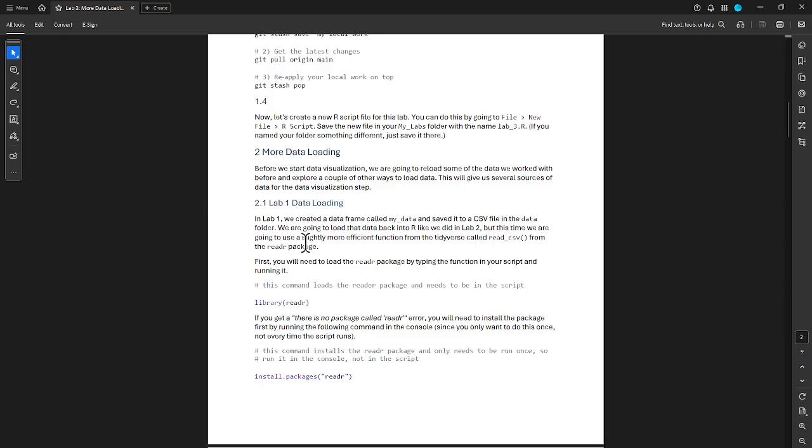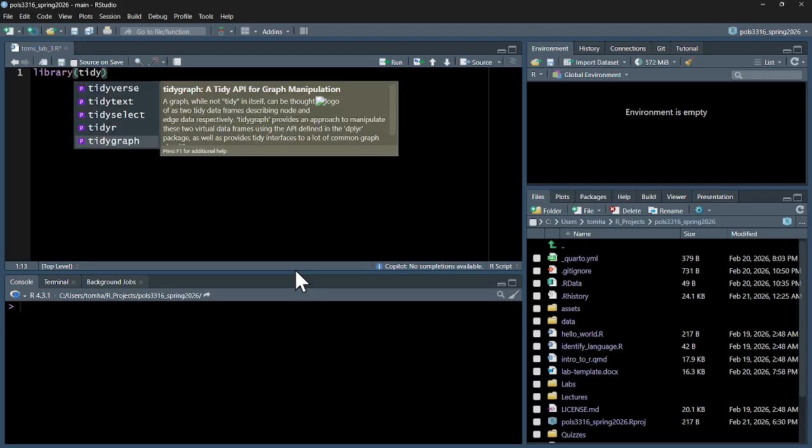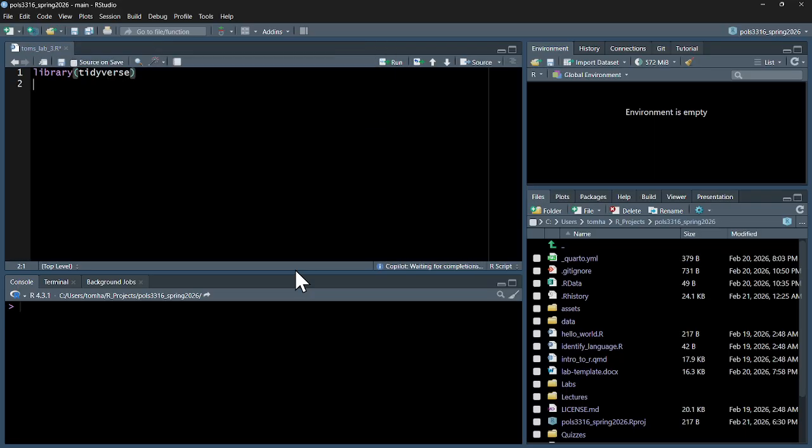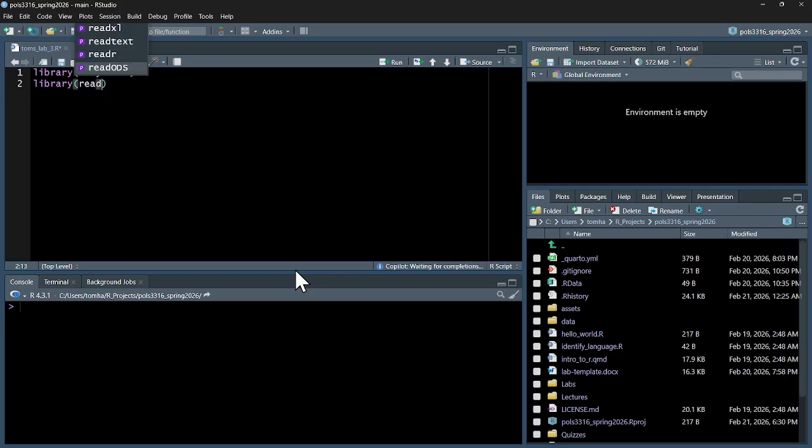But we used a command called read.csv. It turns out that the tidyverse has a more efficient way of loading data. To start with, I went through the other day how to download the tidyverse, and the reader package is part of it. But I'm going to start my first 2 lines of this script being load the tidyverse